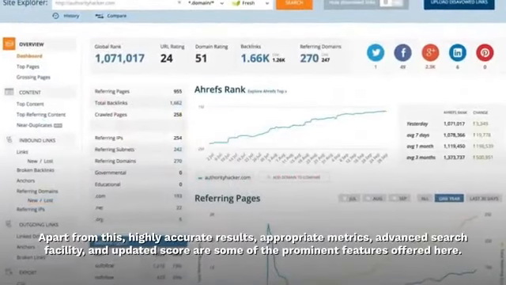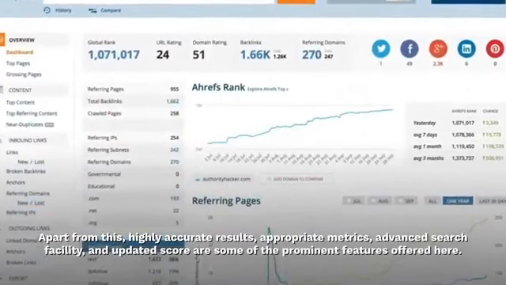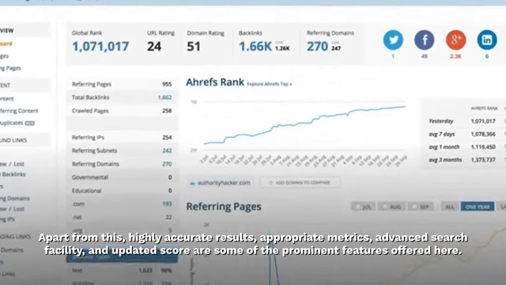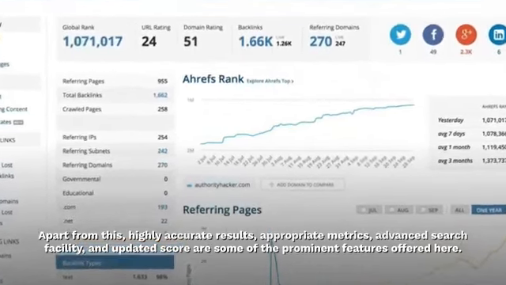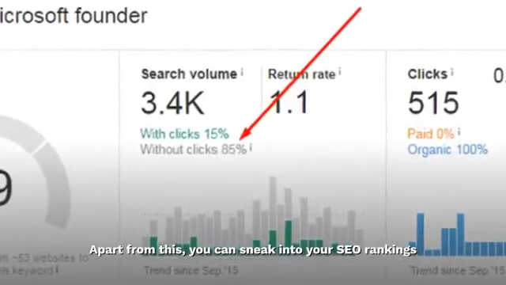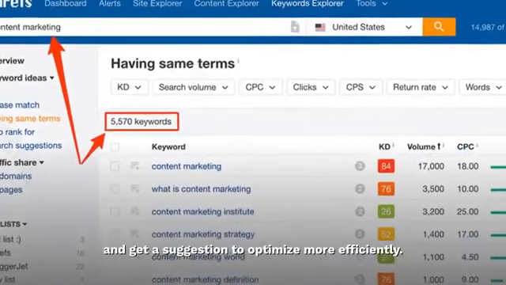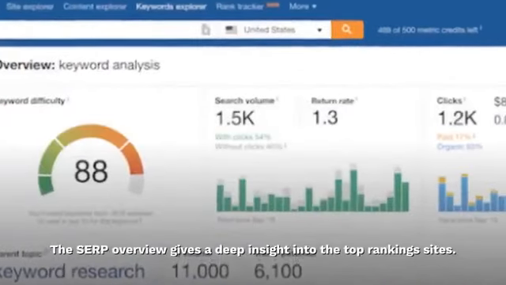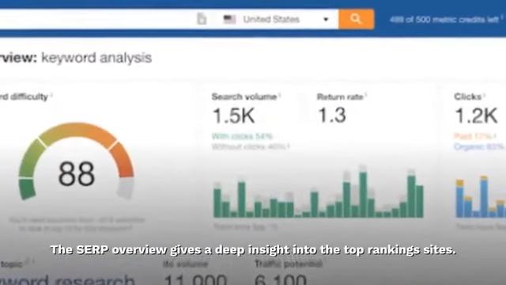Apart from this, highly accurate results, appropriate metrics, advanced search facility, and updated score are some of the prominent features offered here. Apart from this, you can sneak into your SEO rankings and get a suggestion to optimize more efficiently. The SERP overview gives a deep insight into the top ranking sites,